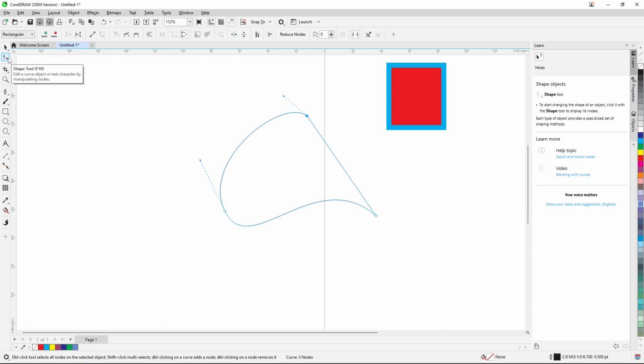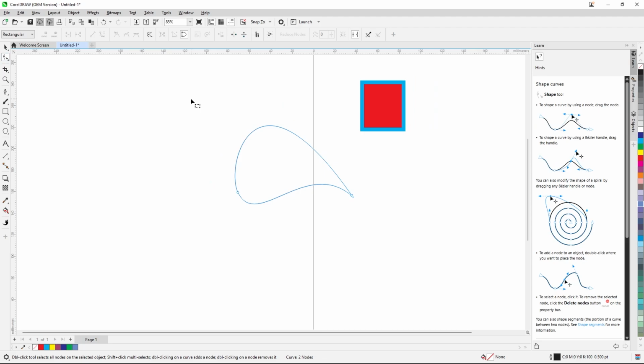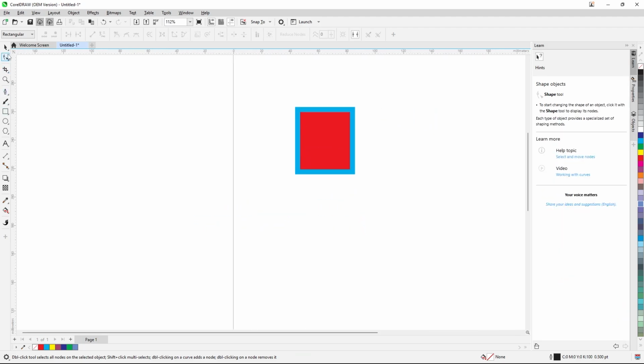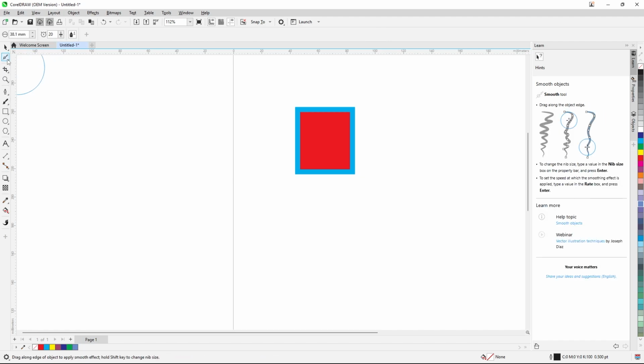We have to understand the shape tool clearly. Shape tool is almost like the direct selection tool from Illustrator. Okay, select this one, delete. And there is a smooth tool. What can the smooth tool do? Smooth an object by dragging along its outline. Now see, first select this one,